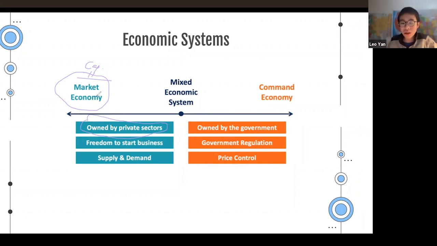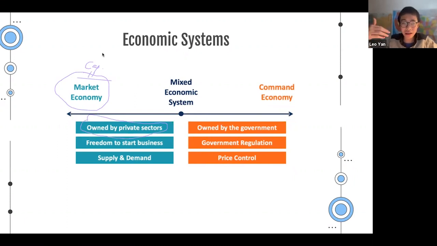Okay, so what's a private sector? A private sector is basically a private citizen like you and me. Or another way to put it, it's any person or any organization besides the government. And this is going to make more sense when we get into the thing that's on the other end of the spectrum,